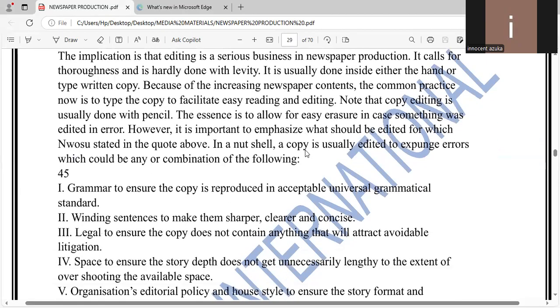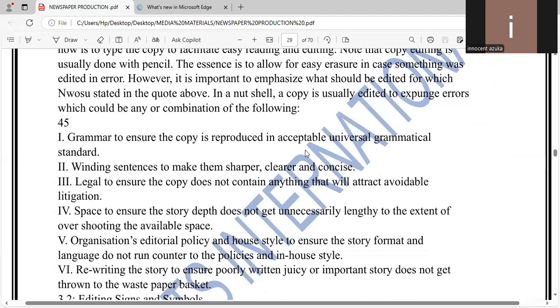Number one, grammar, to ensure the copy is reproduced in acceptable universal grammatical standard. Number two, wording standard, to make them sharper, clearer, and concise. Legal, to ensure the copy does not contain anything that will attract avoidable litigation. Space, to ensure the story